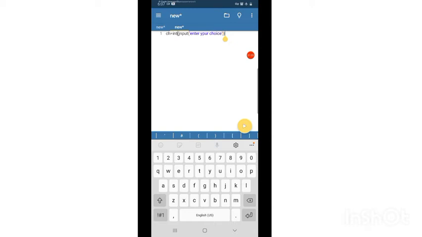Before that, we have to show the users what are the choices.